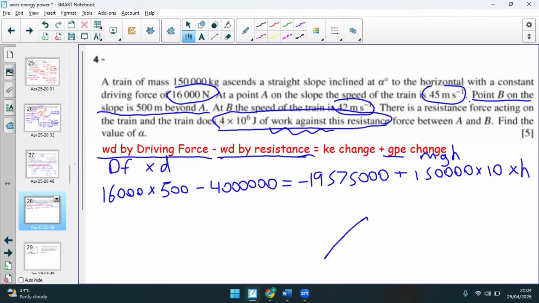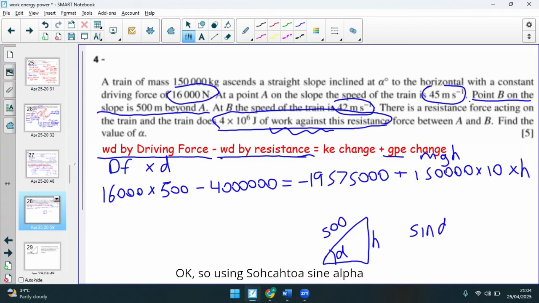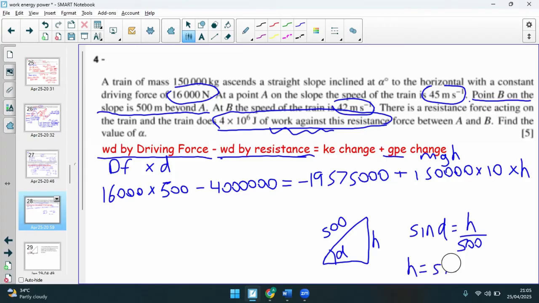So let's try to find H. Remember, this was 500, which is D. This is alpha, that's H. Using SOHCAHTOA, sine alpha equals opposite over hypotenuse. So H equals 500 times